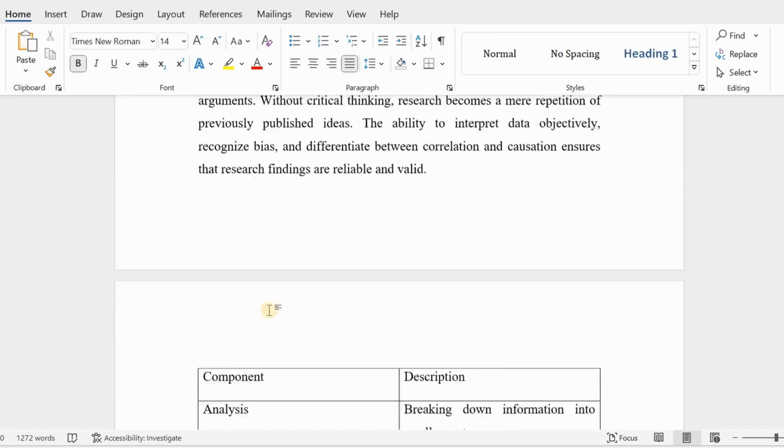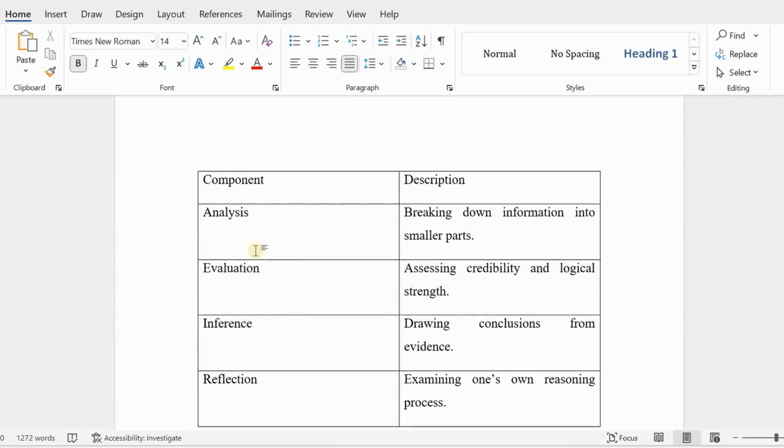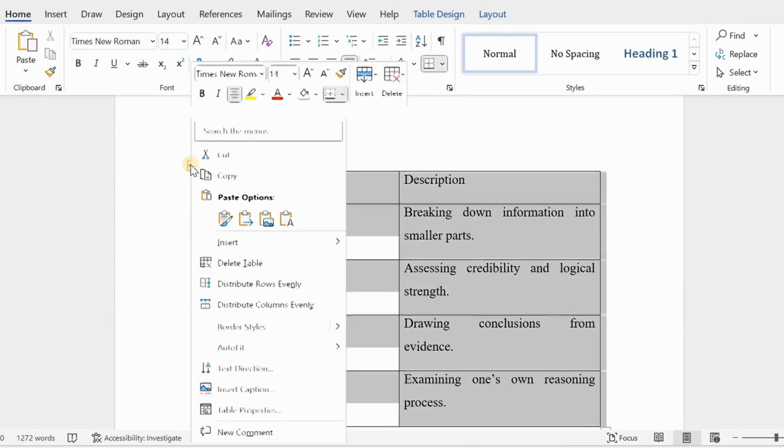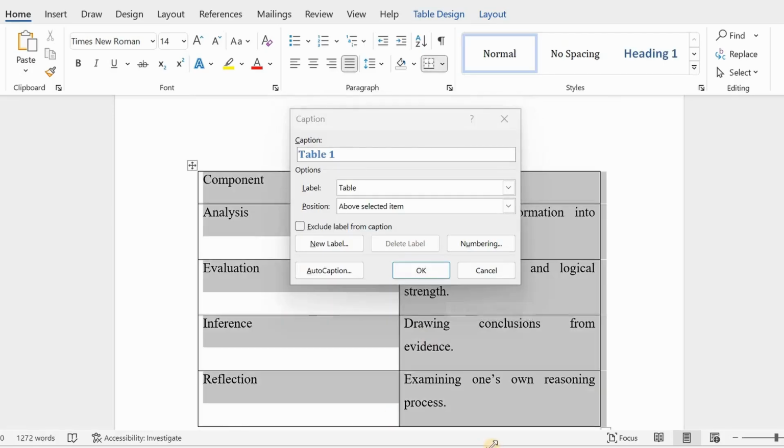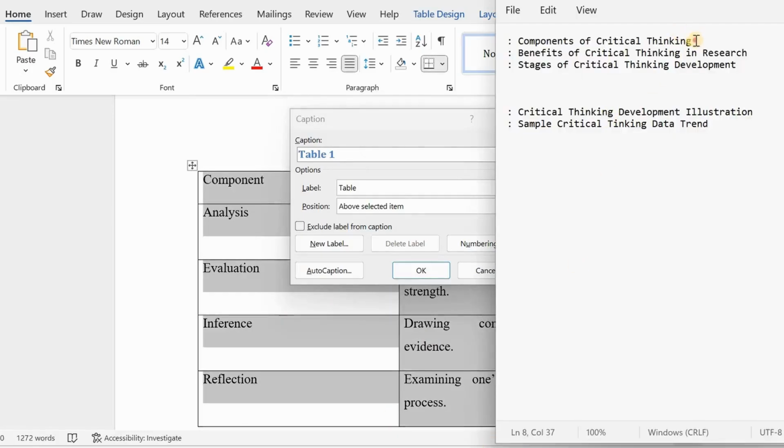So let's do the caption. What I will do is right click on this particular table. You can see it here. If I right click here, I will now say insert caption. You understand? Once I click on insert caption, it will tell me that this is Table 1. So what I will do is copy the name of this table. I have it here. So I will just copy it,